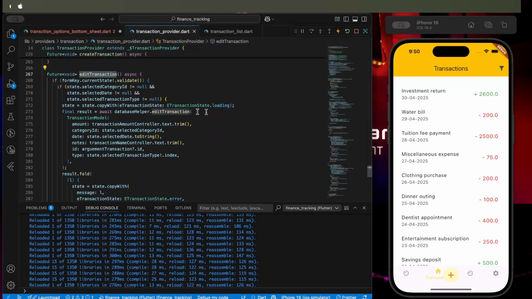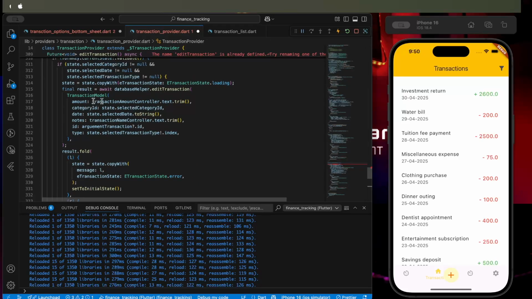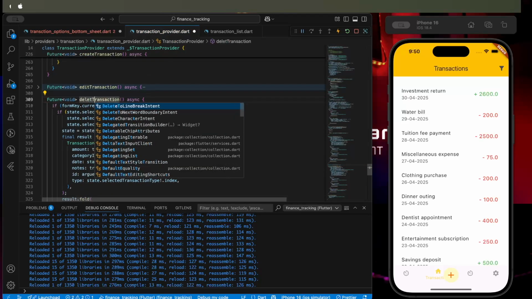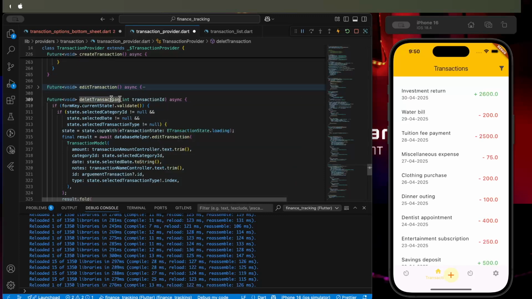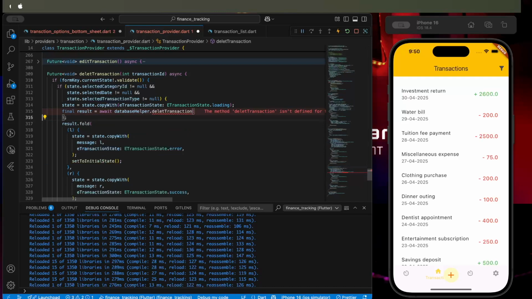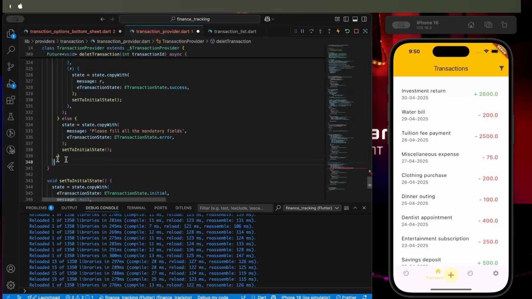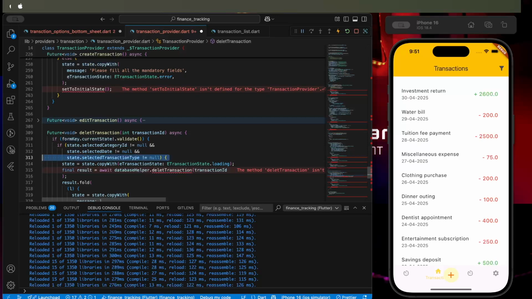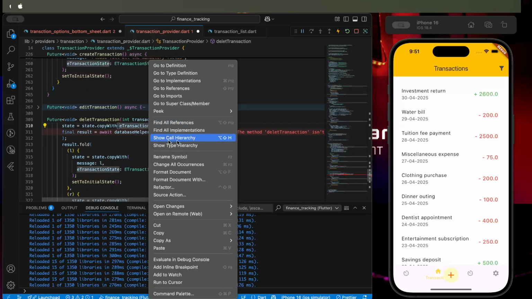Transaction provider and format document and